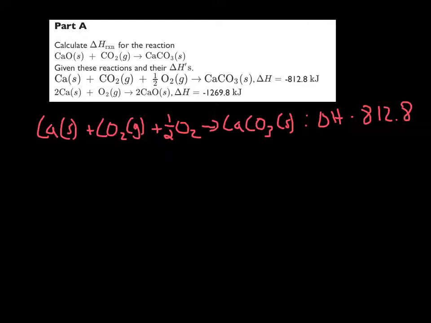Correct, because it doesn't get changed, because we didn't flip it at all. We didn't multiply it at all. We didn't flip it at all, so that just stays the same. The next one, we notice that the 2CaO right there belongs in the reactants, so that gets flipped. So we get 2CaO solid,